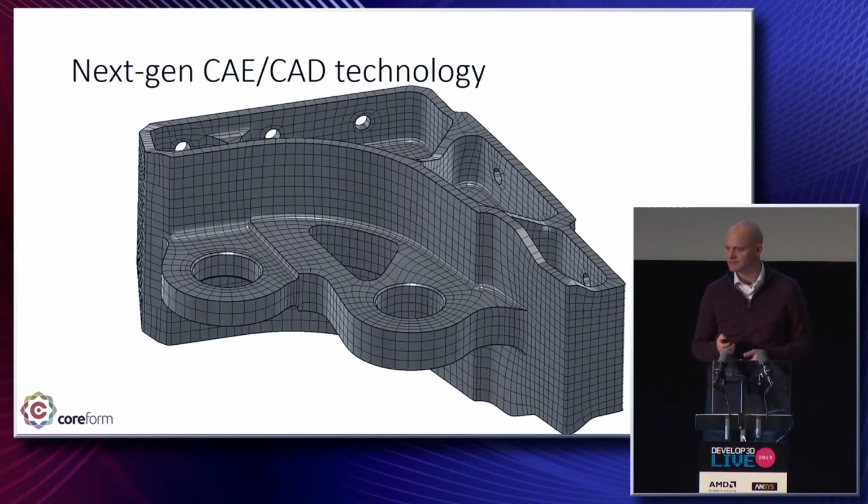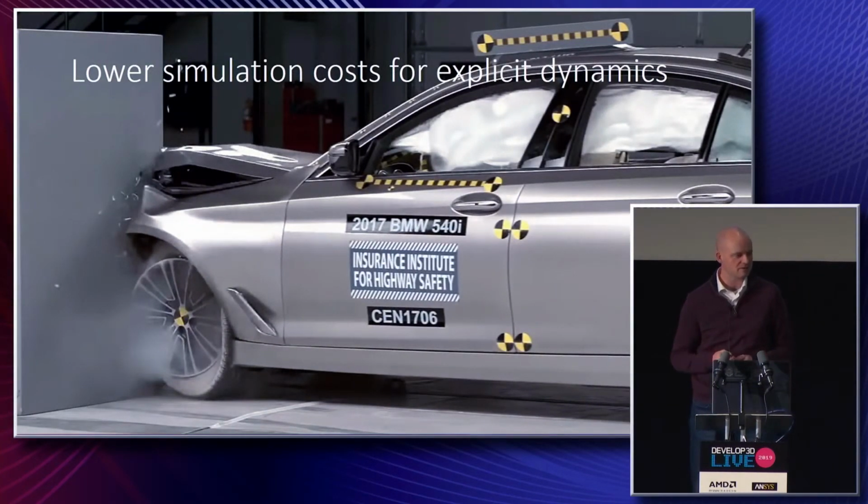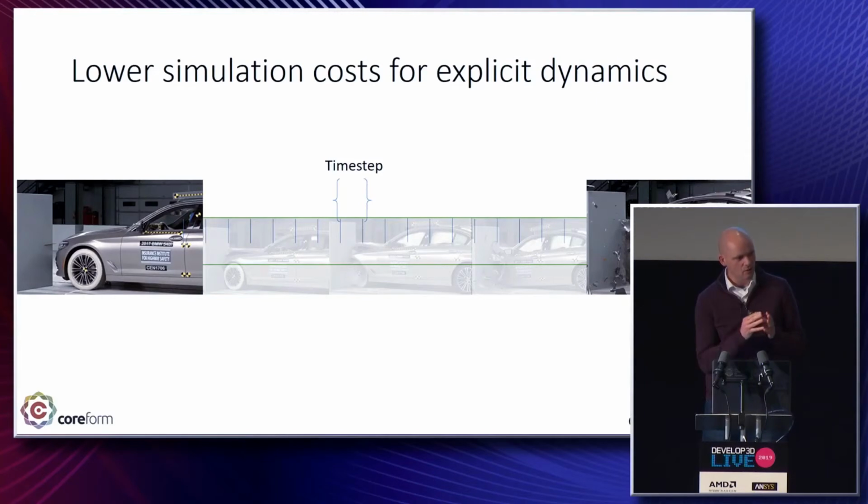degrees, which is intriguing from a design standpoint, but from a simulation standpoint, one of the surprising benefits is that this decreases simulation cost for complex simulation problems like explicit dynamics. In explicit dynamics, the whole cost of the simulation is determined by the time steps. How many time steps does it take? Like how large are your time steps and how expensive is each time step to compute? Interestingly, with U-splines, we can exploit the ability to have multiple degrees in the same surface to tune this to